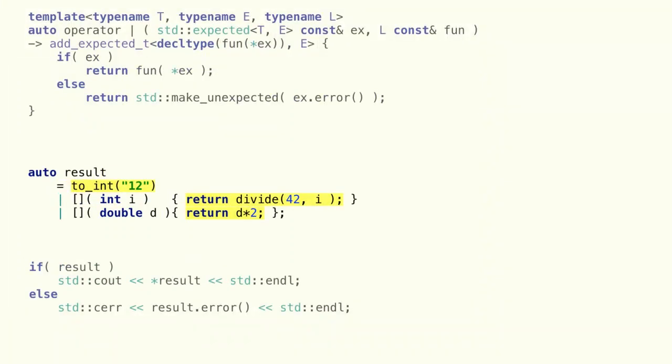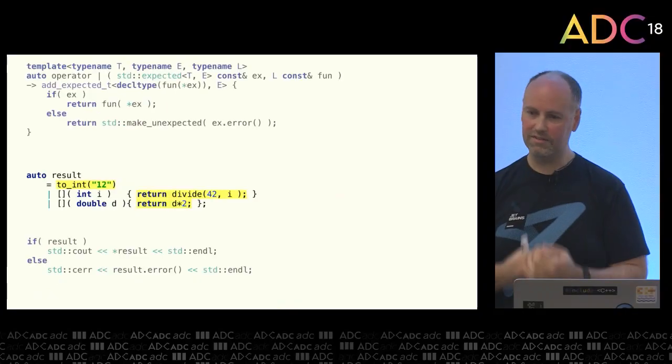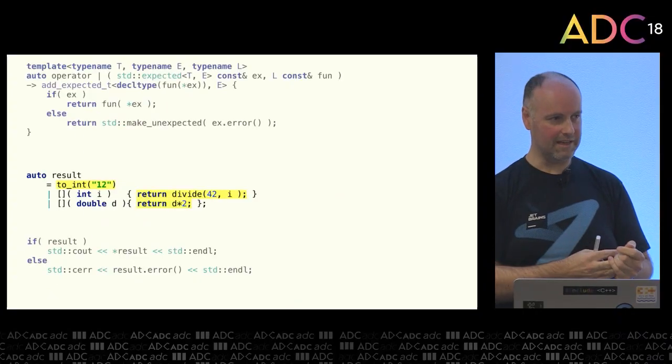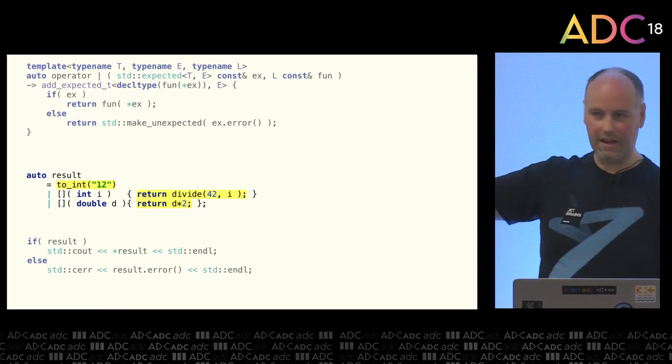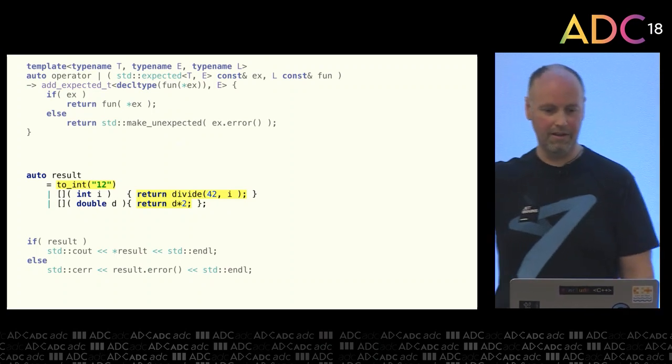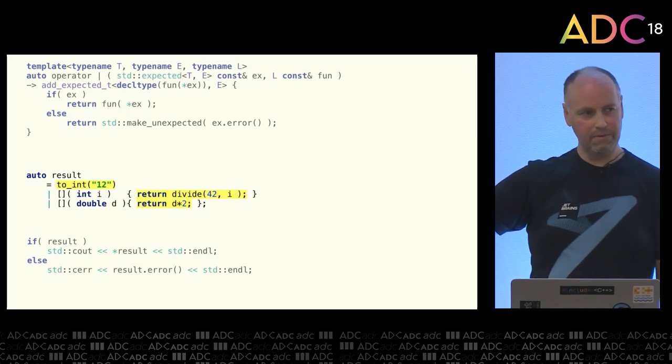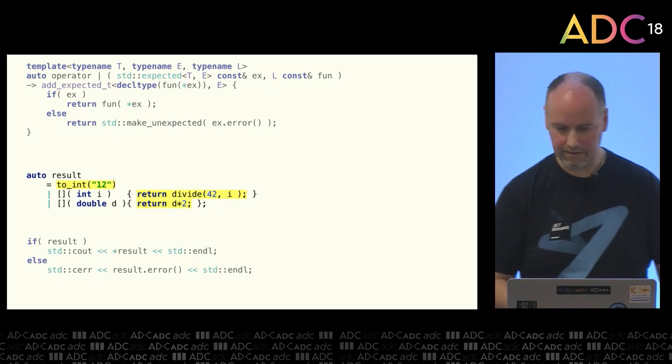Now, control flow starts at the top, calling toInt. If that returns a value, that gets passed on to the next lambda on the next line. If that returns a value, it gets passed on to the next lambda on the next line. And as before, if we get a result, it pops out the bottom. So just by inverting that, it makes it look a lot nicer. We've still got a bit of boilerplate because of the lambda syntax. So I think we're in a much better situation than before. So again, the highlighted code is the happy path. The rest is boilerplate. We're definitely getting somewhere, I think.